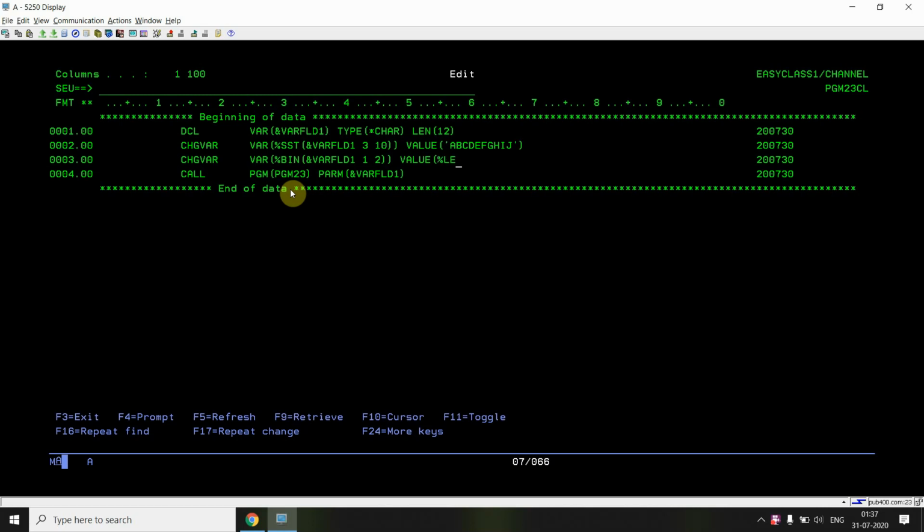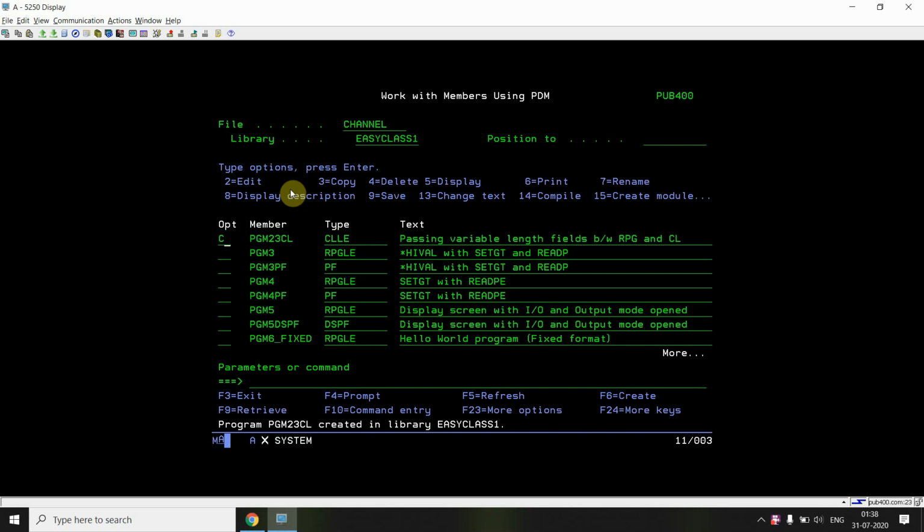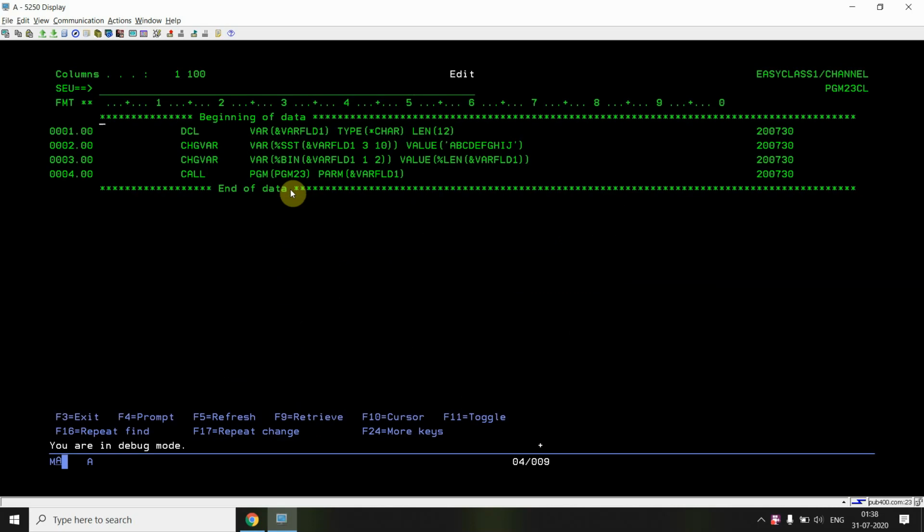The trick is, for example, I'm passing the %LEN of VarFld1 there, and I'll be getting the same error. Why? I'll let you know. Even if I use %SIZE, I'll get the same error.